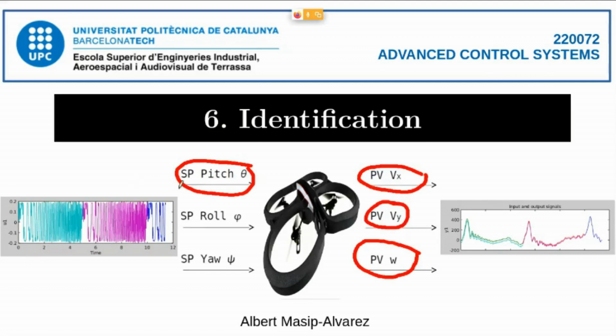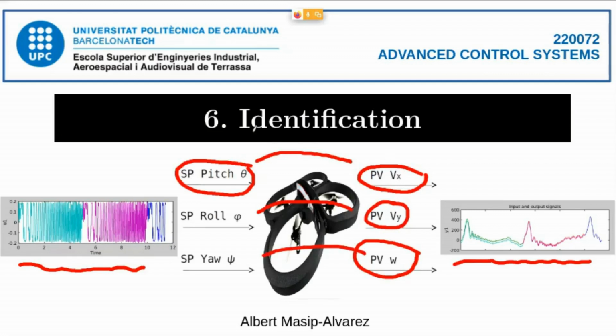We will excite the system with some kind of input data. We will get the response of the system, so the output of the system for this input data, and then we will try to fit a mathematical model that describes the relationship between the input and the output